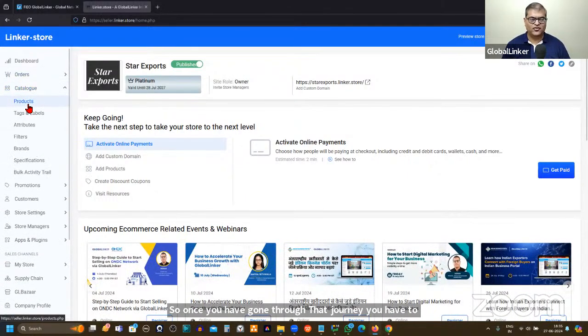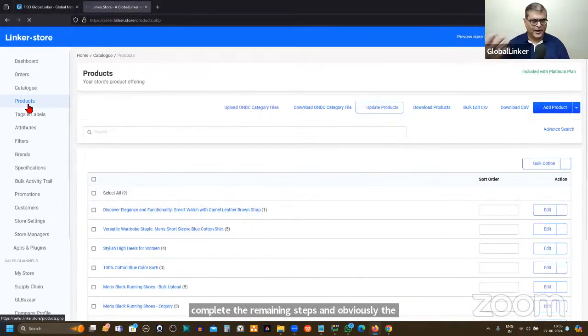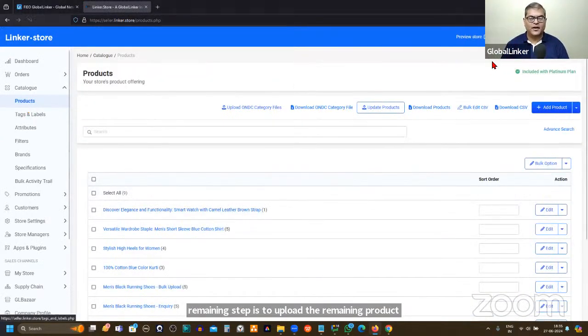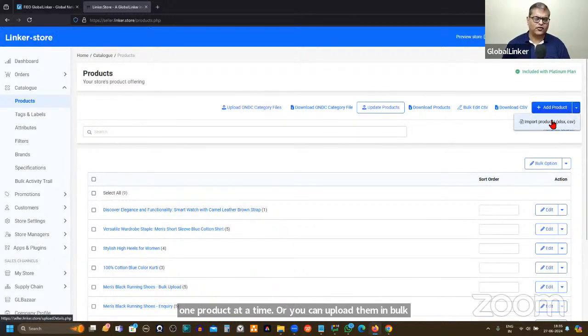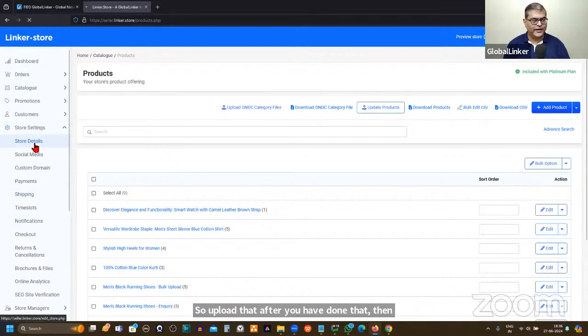And obviously, the remaining step is to upload the remaining products because you have uploaded just one product. So upload the remaining products. You can upload them one product at a time, or you can upload them in bulk depending on your requirement and how many products you have. So upload that. After you have done that, then you can go to store settings and you can click on store details, and